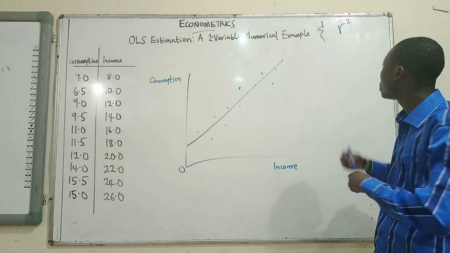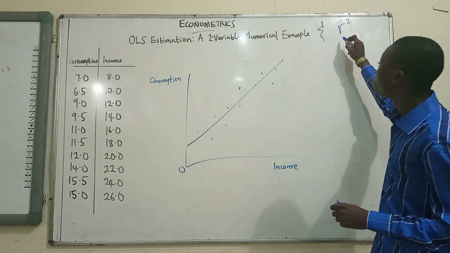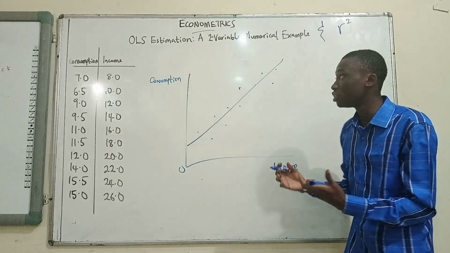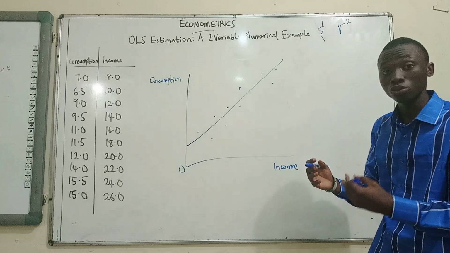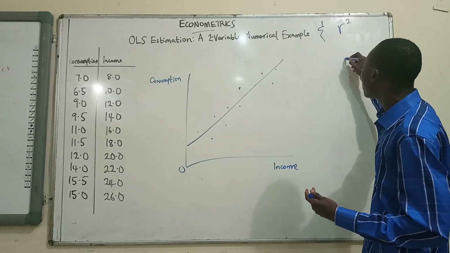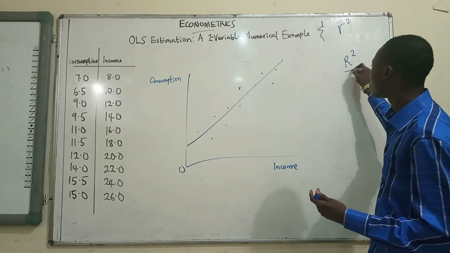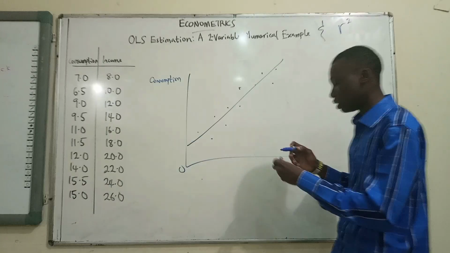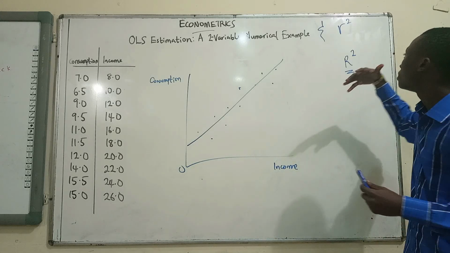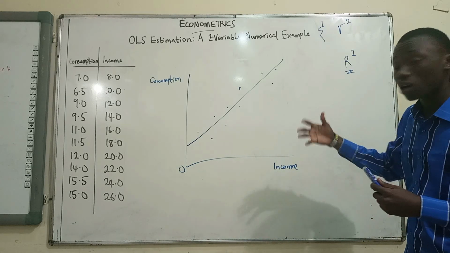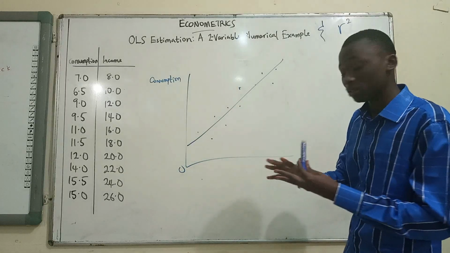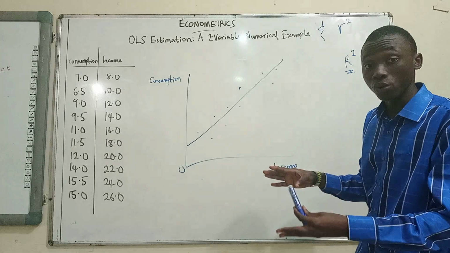Since this is a two variable case, we denote our R squared with a small letter r. But where we have more than two variables, where we have two independent variables, three independent variables, then your R squared will be a capital R squared, denoting a multiple case. Now, how do we then calculate R squared? We recall our formula for the slope and intercept coefficient. We've done that when we derived the OLS